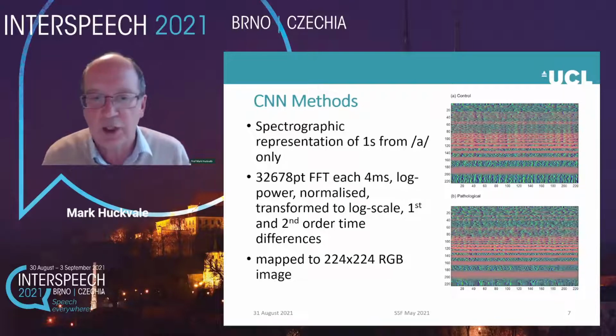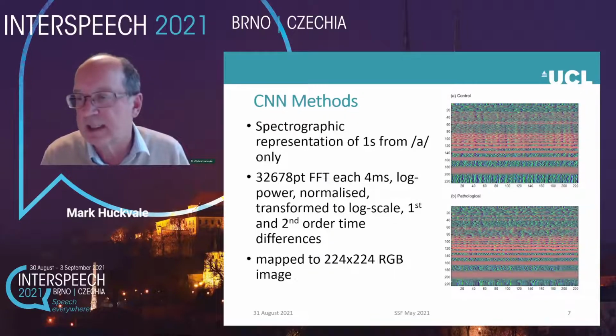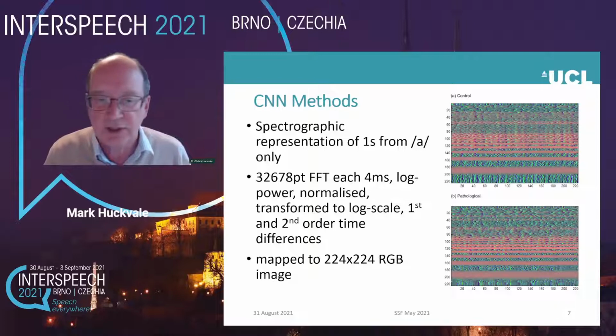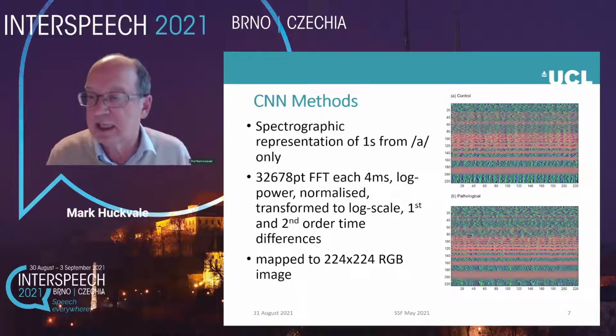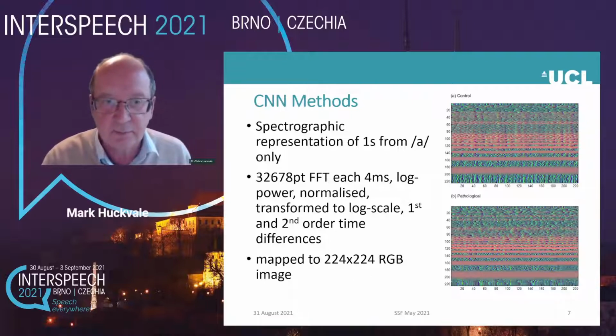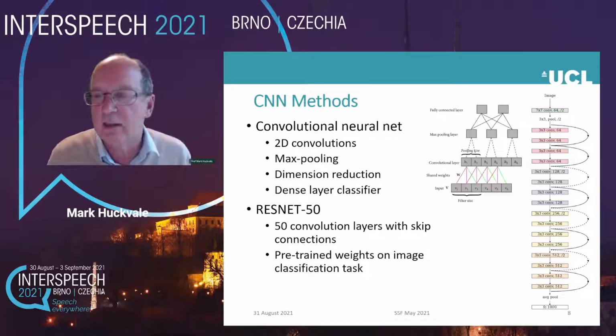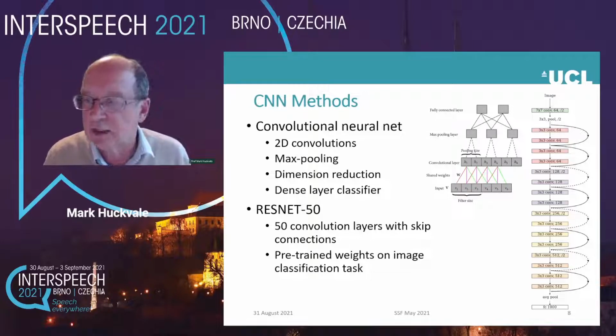For the CNN method that's based on a neutral R vowel, we're building a spectrographic representation from the middle 1 second of an R vowel, and we're taking a spectral representation on a log scale, normalizing it, adding first and second order differences, and then mapping that to an image, since these classifiers take a 2-dimensional image as input. And for the convolutional neural network, this is just done using a set of convolutional and max pooling layers